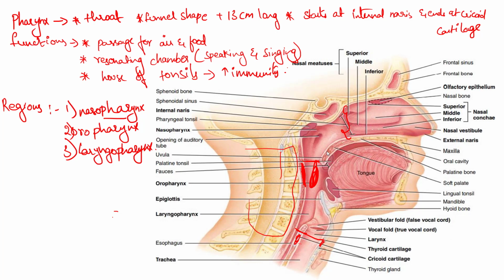So this nasopharynx has 5 openings. What are those 5 openings? First one, as it is attached to this nasal cavity, we will be having 2 internal nares. We already know, we have seen in nose, and you will be having 2 auditory tubes. These auditory tubes are hearing tubes, and we also have 1 opening, that is oropharynx. So total 5 openings. 2 are internal nares and 2 are auditory tubes and 1 is oropharynx. And in this nasopharynx, on the posterior side, we will be having a tonsil which is called pharyngeal tonsil.